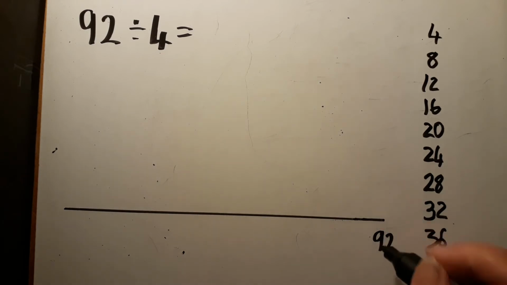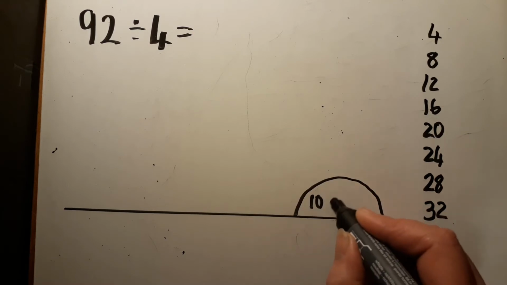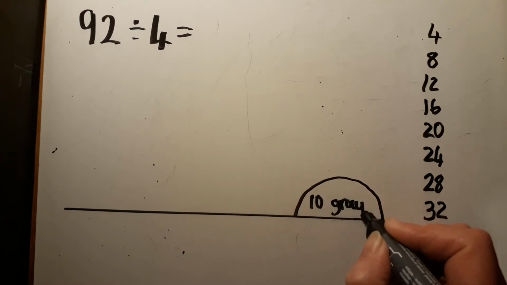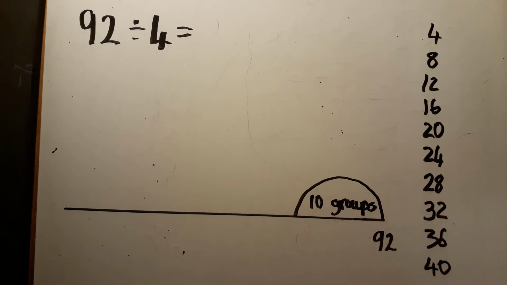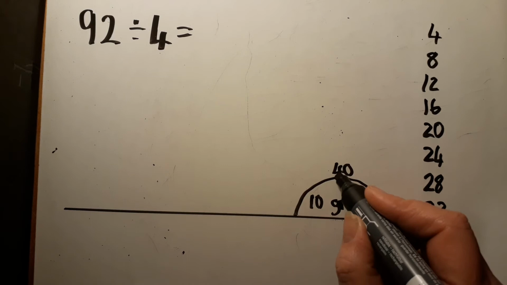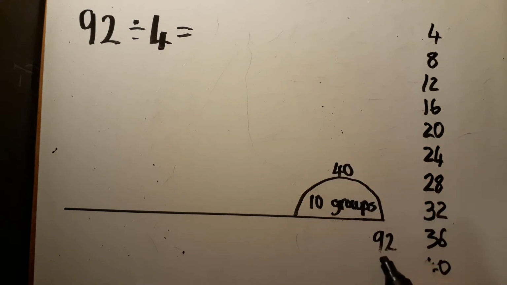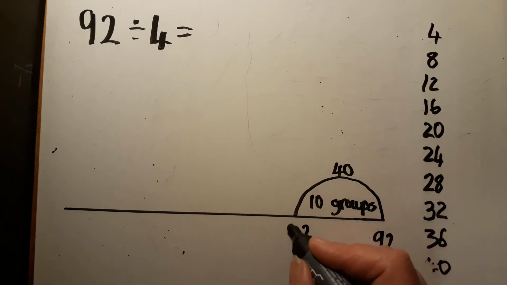Alright, I'm going to start by doing that 10 groups. So 10 groups of 4 this time, so that's 40, and 40 is made of 4 groups of 10, so I'm going to subtract 4 groups of 10 from 9 groups of 10. Remember, the 1's don't change. So 9 subtract 4 leaves 5,